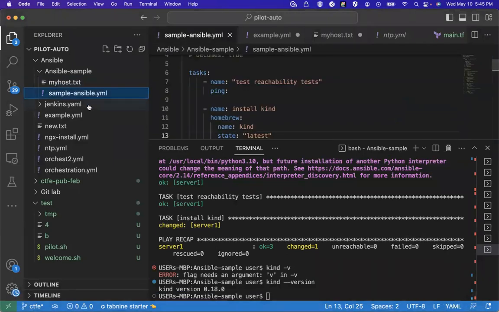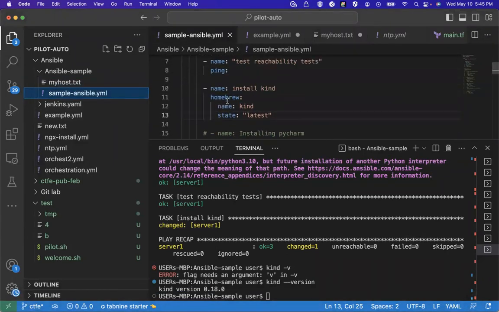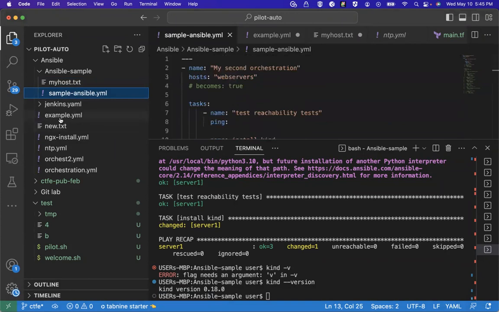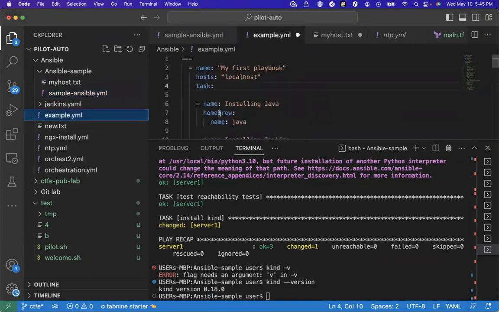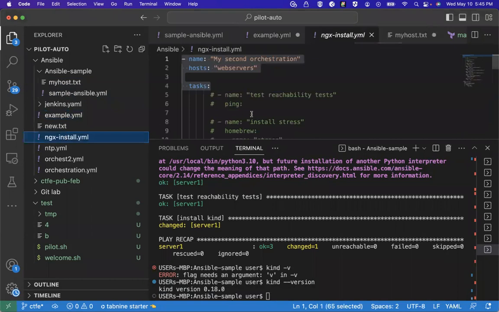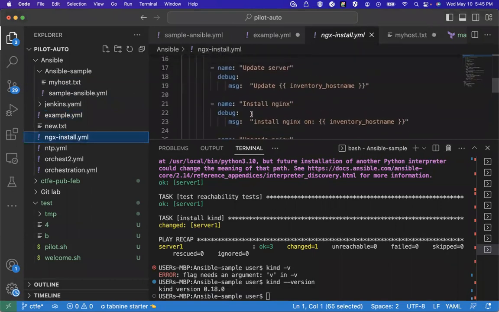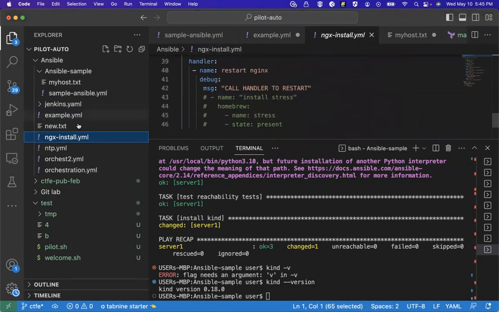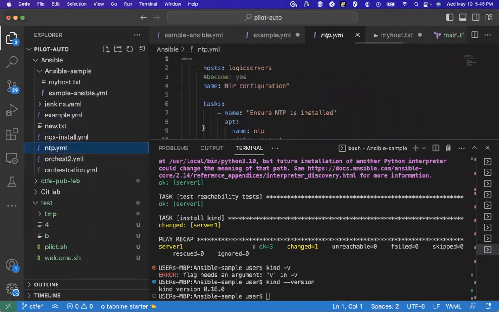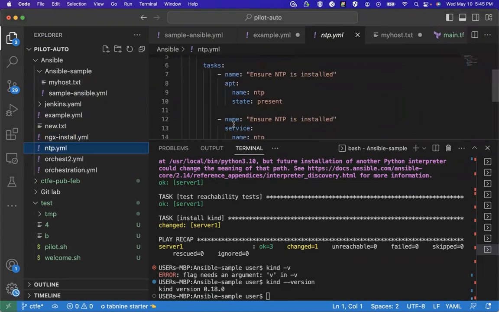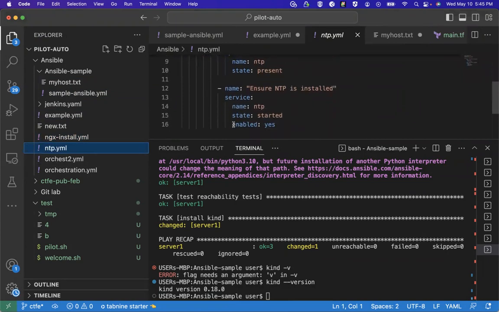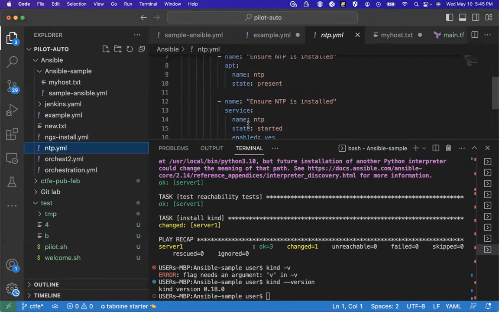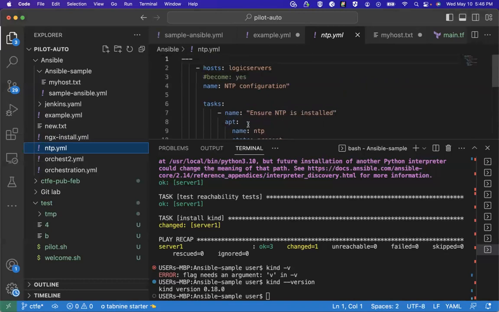If you can understand this basic, then we can go ahead. Let me just give you the one that has apt. Let me give you the simple one. This one is good. Logic server name.